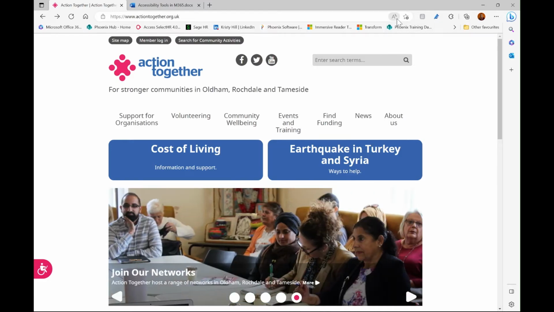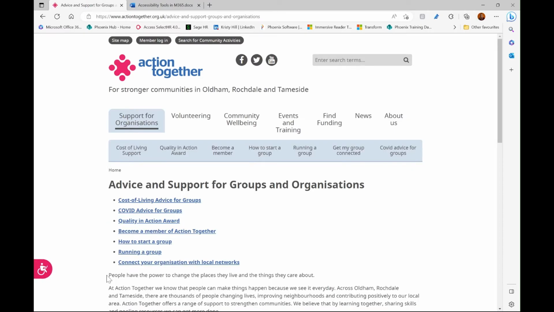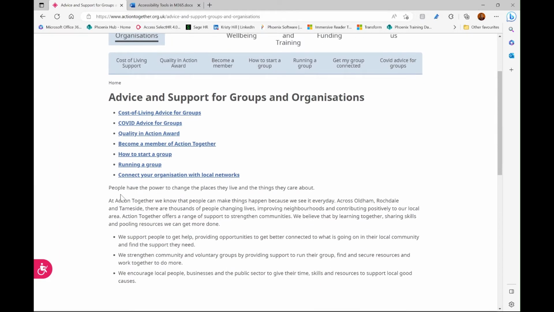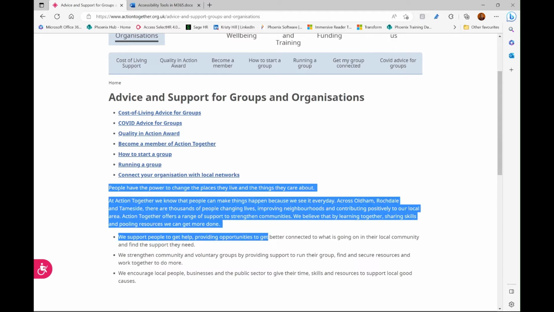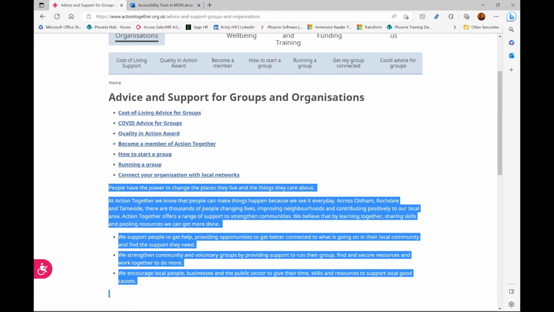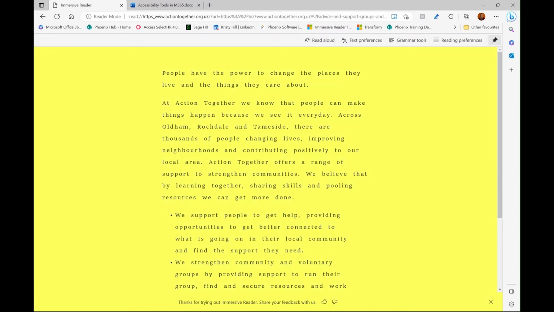In the web browser itself, you'll see you have the option to read the page aloud, and clicking on any of the pages, navigating from a website and to some text on the page, you'll also from a right click have the option to read aloud or even to translate the page or the text into another language. You can even highlight and select text and take it into a more accessible format in the form of the tool called Immersive Reader. If you open the text selection in Immersive Reader, you'll see that this Immersive Reader toolbar